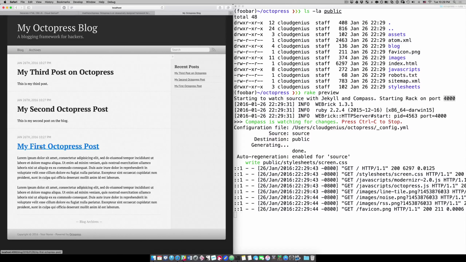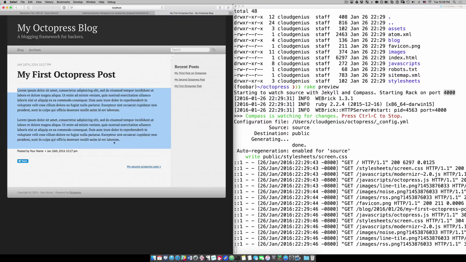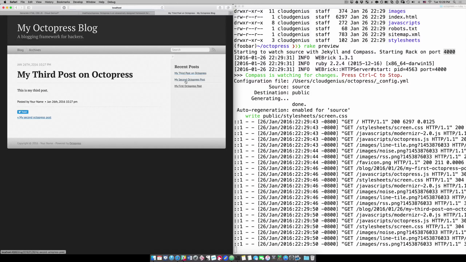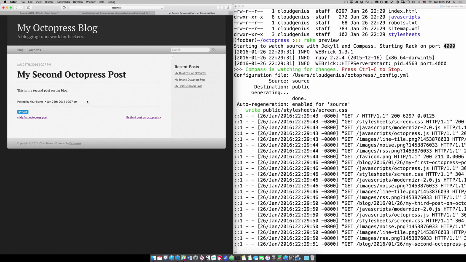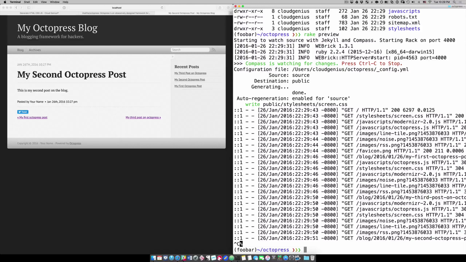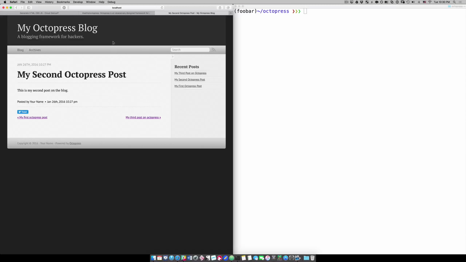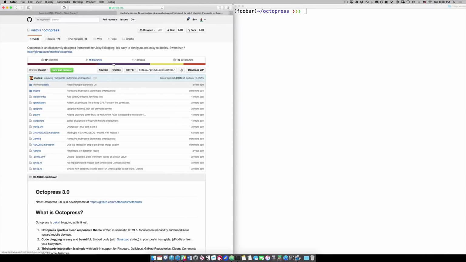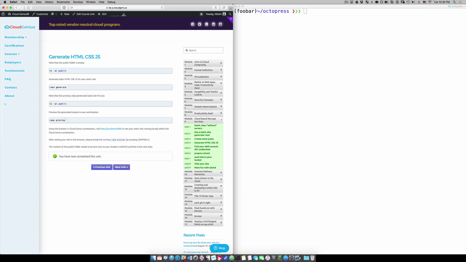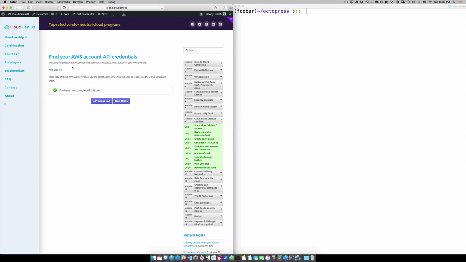This is our first post, which is kind of long. We wrote that long. And then there is the 3rd post and the 2nd post. That's what the blog currently looks like. And that's exactly what we want. We can break the preview right now by pressing Ctrl+C. Next up, we want to make sure that we saw that locally. And next, we want to make sure to send our content into the Amazon S3 bucket, for which we need